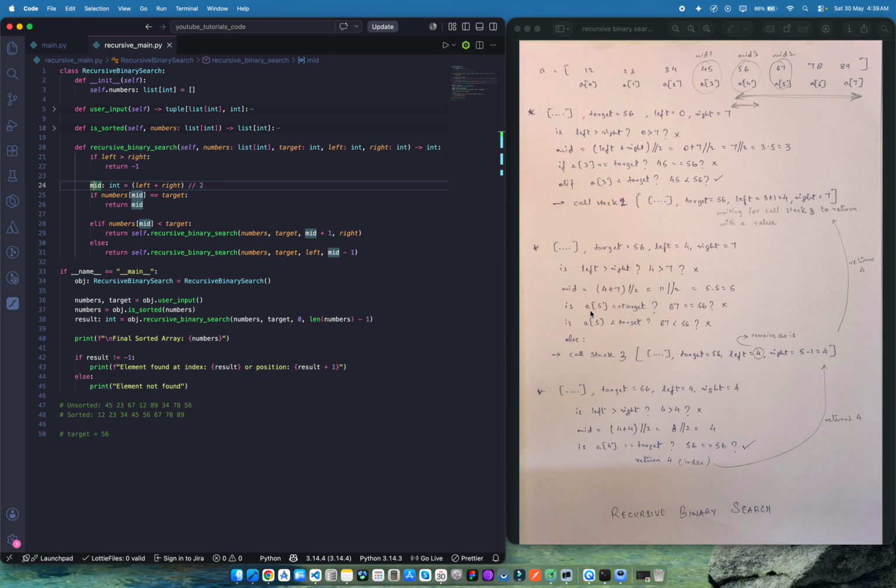So is that number at that index, 67, equal to the target? That means is 67 equal to 56? No, right? So we're going to check if it is less than the target. If it is less than, which is currently not the case, we go into the else block. So 67 wasn't less than the target, right? So this is not executed. Now we're going to return this